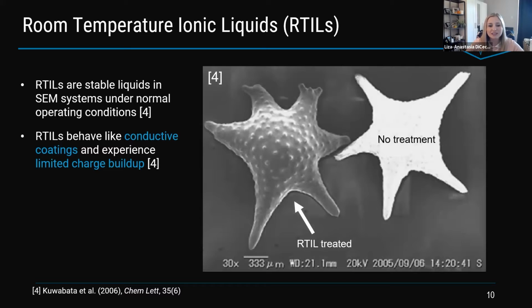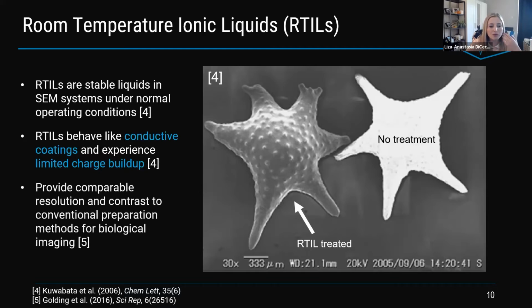buildup. So in this case, they have these star sand grains that they dipped one of them in and the other they didn't dip in an ionic liquid, and they're showing that it can be used like a conductive coating analogous to that. So in this case, this really provides us new avenues for potential electron microscopy work involving dehydrated biological materials as well as in situ observations, because we know this liquid's stable in vacuum, and if we can hydrate a material with it, then we can observe it in SEM.